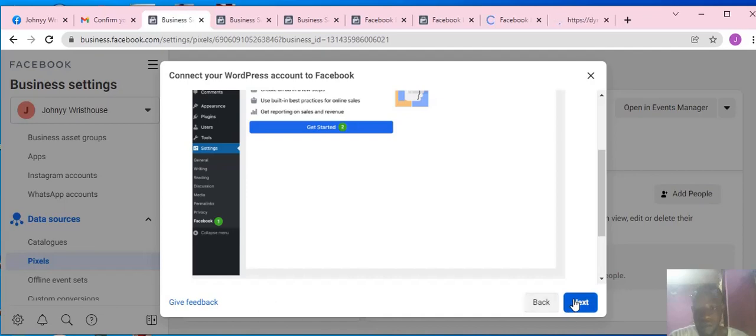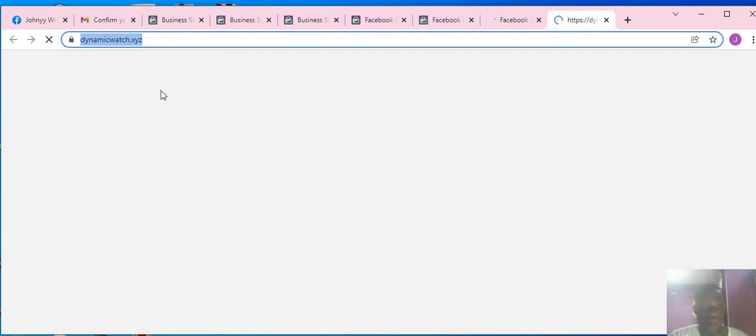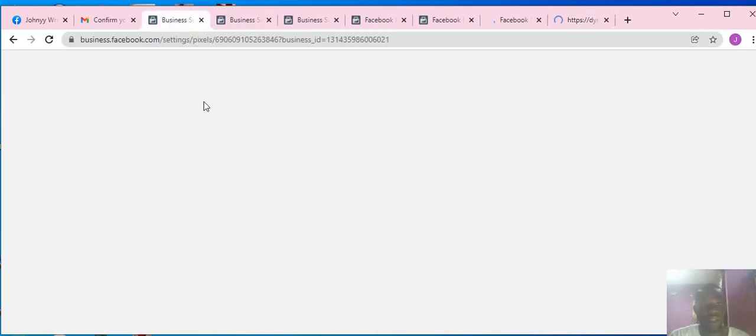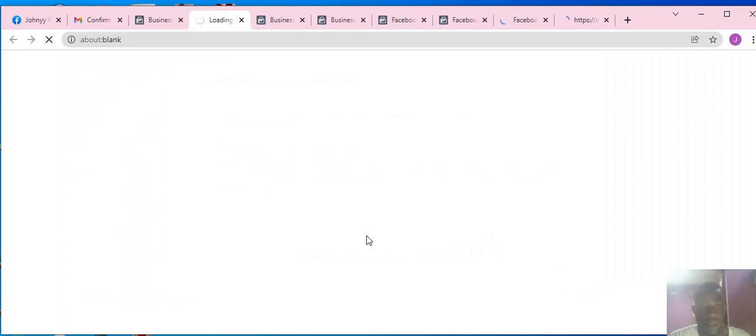I'll click on next here. Then it's going to ask me to send test traffic to my website. So I'll paste my copied URL on this particular icon. Then I'll click on send test traffic. It's going to try to send the test traffic to the website where we have our